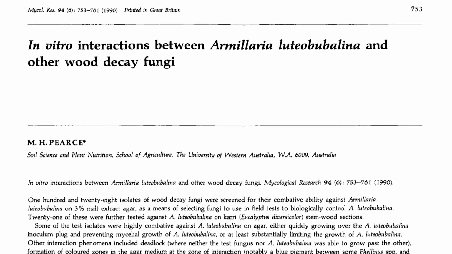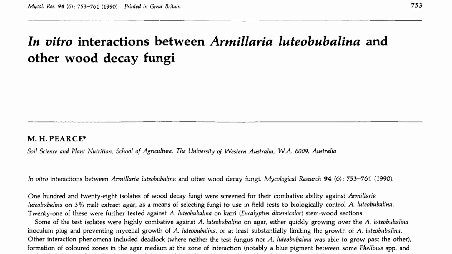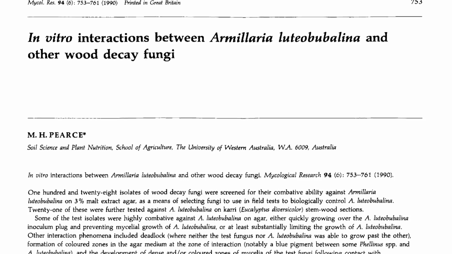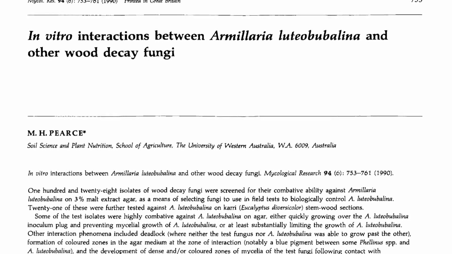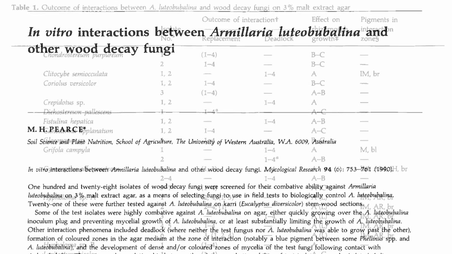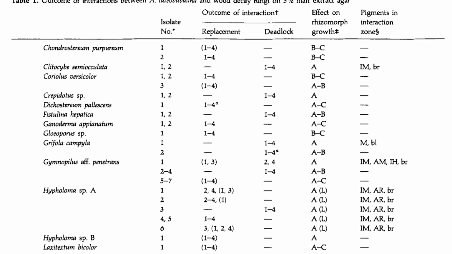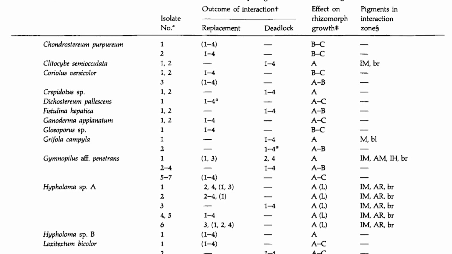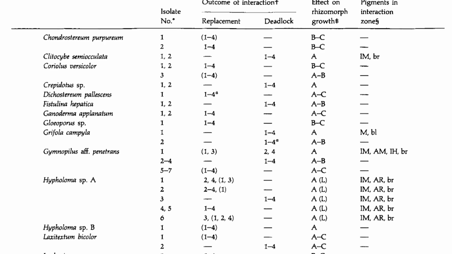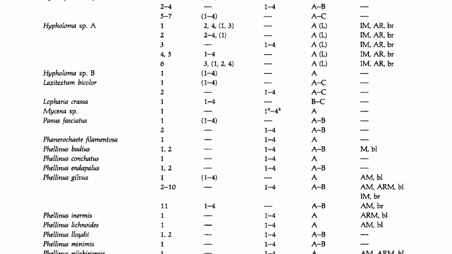And yet another study on this topic was published in 1990 in which researchers looked at over a dozen fungal species and tested their effects against the particular Australian species of armillaria known as Armillaria luteobubalina. And again, a lot of the fungi tested in this study are ones you're probably familiar with, including turkey tail, which was placed in the Coriolus genus back then, Fistulina hepatica, the beefsteak polypore, several Phellinus species, a Pluteus species,